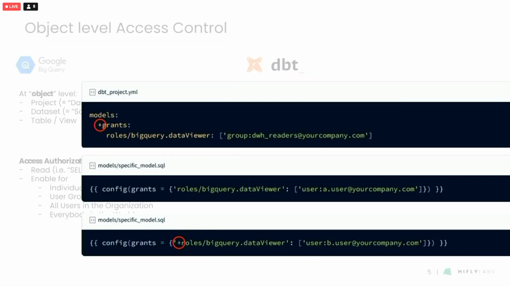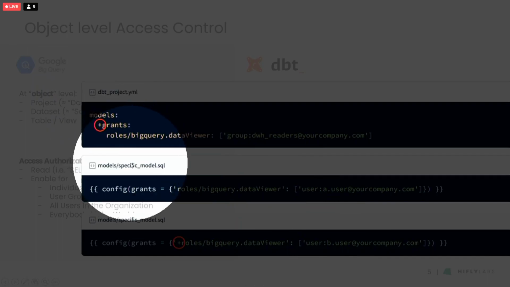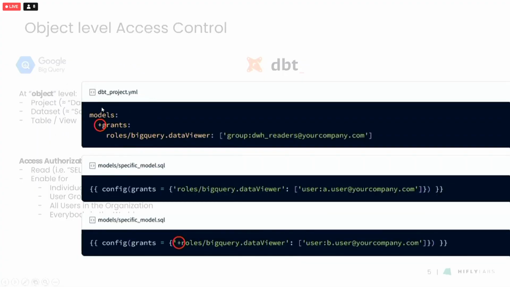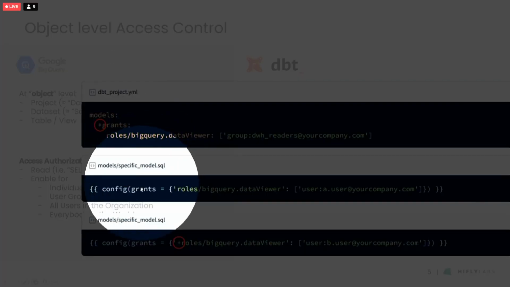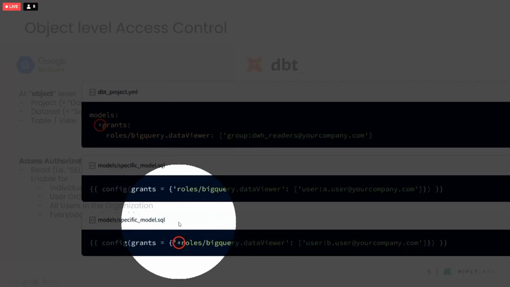model level. What I would like to show you are excerpts from actual projects. There are a few things that I want to emphasize. One is this plus over here. That means that it applies to all models. If it were under, like, marts, then it would apply to all marts models. This instance, and this instance only, is different from the plus that you can have over here in the grants part,